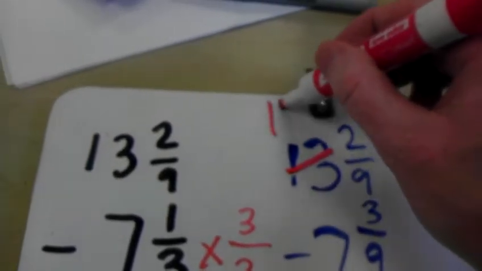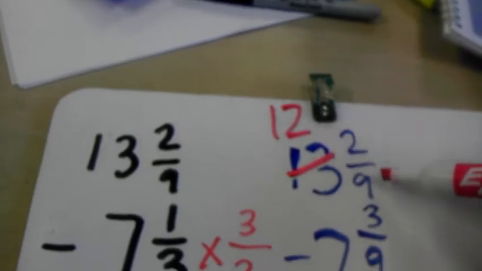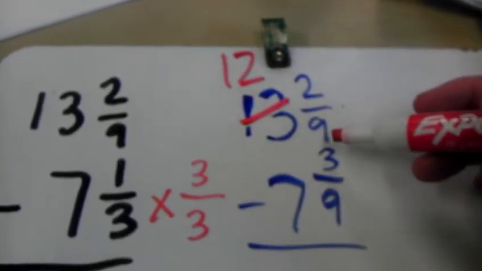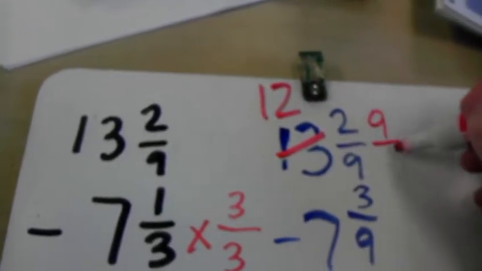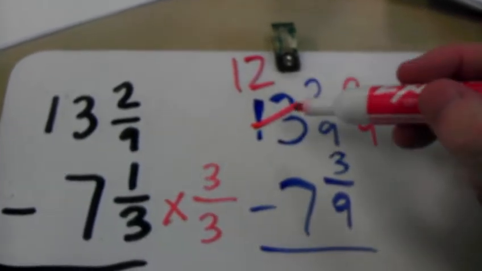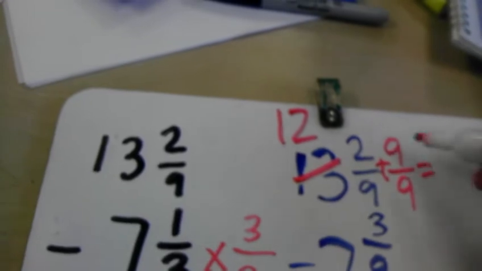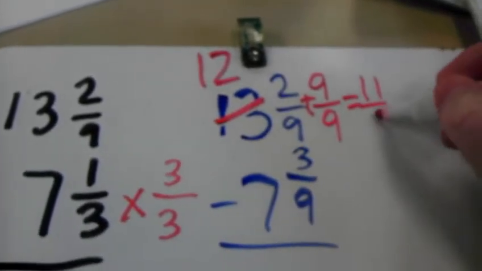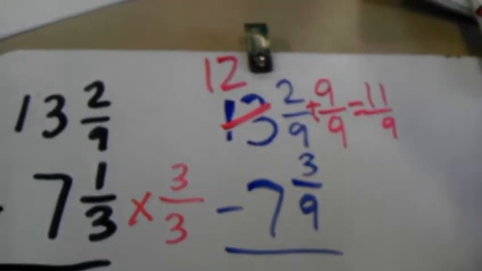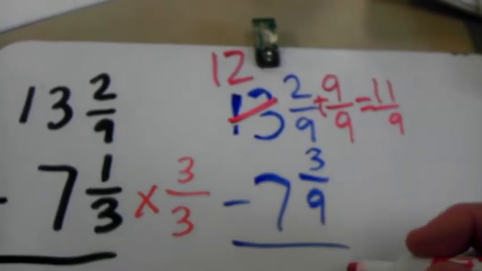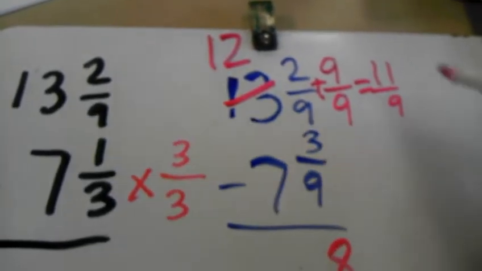So if I take away 1 from the 13, and I move that 1 over here, since my denominator is 9, I want to use 9 out of 9, which is really 1. So I borrowed 9/9, but I already had 2/9, so I have to combine those. 2/9 and 9/9 is really 11/9. So at this point, I need to take 11/9 minus 3/9, and I get 8/9,